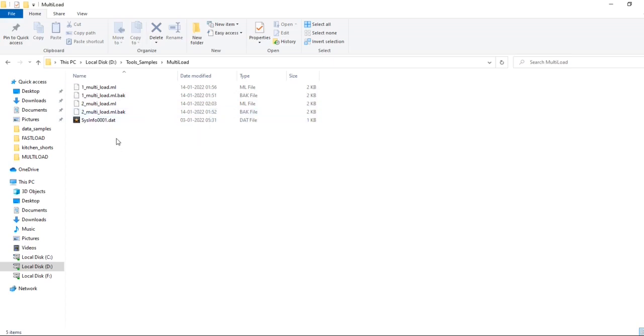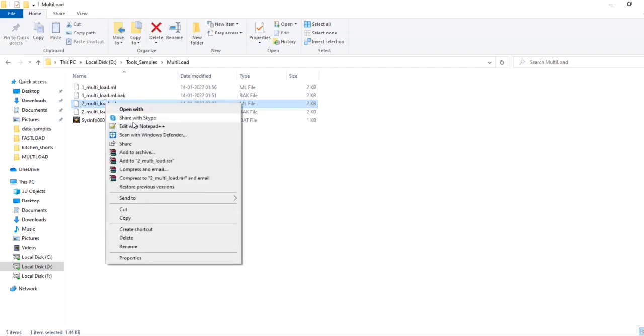I have created two scripts, but I will show you the second MultiLoad script, where I have created some meaningful data and the actual purpose of MultiLoad, loading into multiple tables. So this example covers all those scenarios. Let me quickly open this script in Notepad++. And there you can see all the terms that I showed you in the presentation. Terms or commands, we will be able to see in the script.